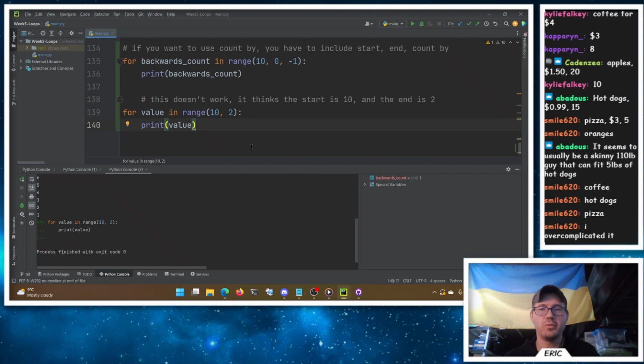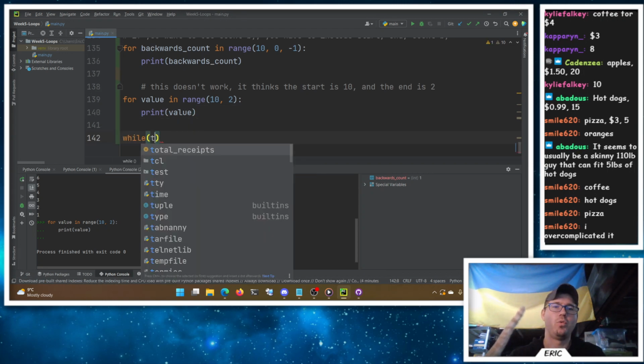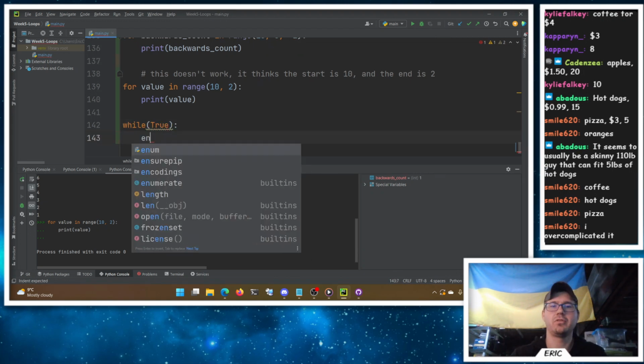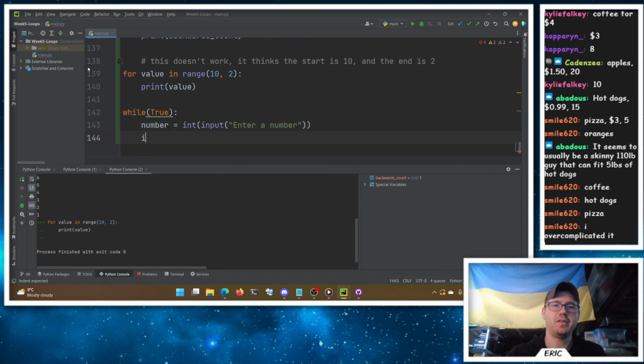So some other cool things we can do with loops. I'm not really fond of these operations, but they have some really nice cases where they might be useful. While we're looping here, I can say something ridiculous like while True, capital T. And now I have an infinite loop. We'll ask them to enter a number, int of an input, enter a number, and I can say, hey, if number is equal to 42,